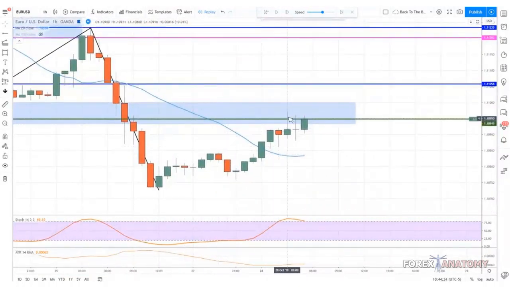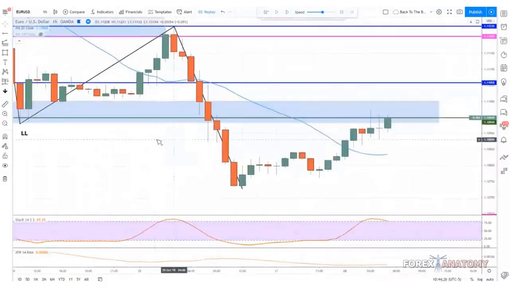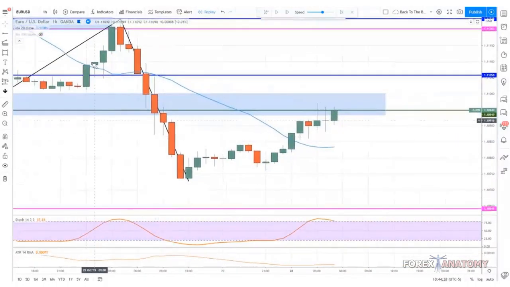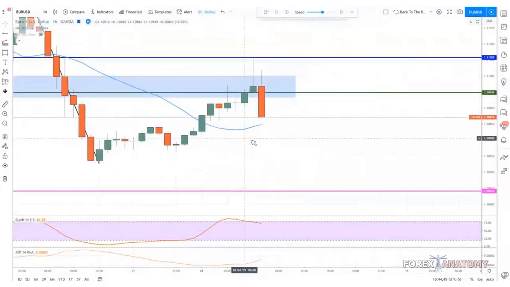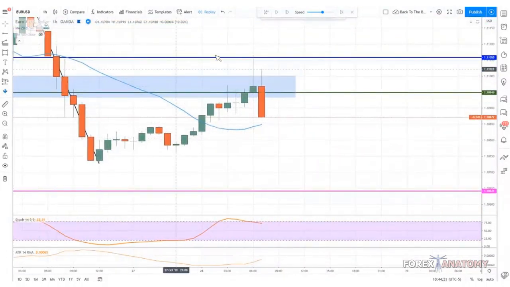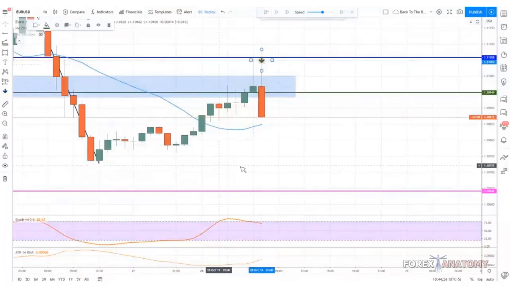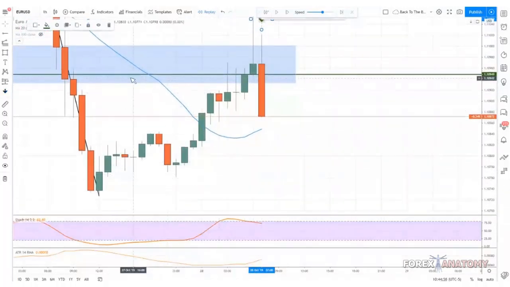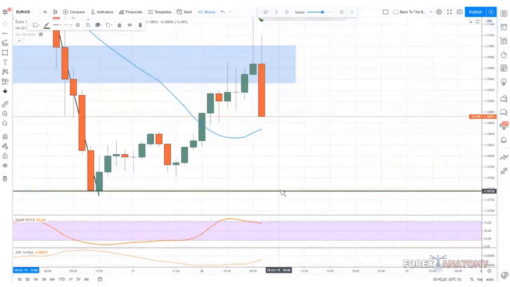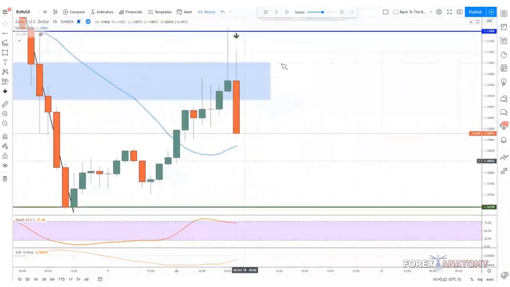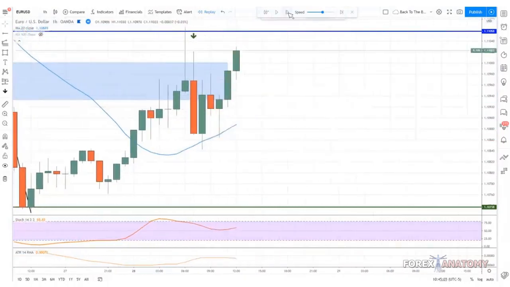So price is testing this zone right here. And let's see what happens. Okay, so it went to test this. We get this bearish candle. It tested this high right here. Let's see what happens. The next candle, boom, get a bearish candle. Look to sell. Enter our short. And what we could do is trade it to this target, or we could shoot for an extended target. It's up to you, however you want to play it. But that's all we're doing.